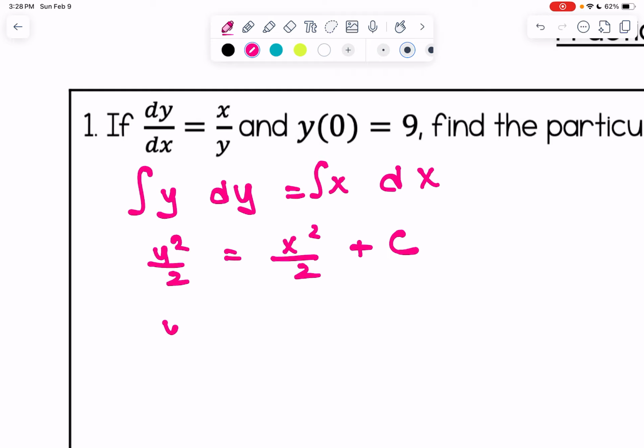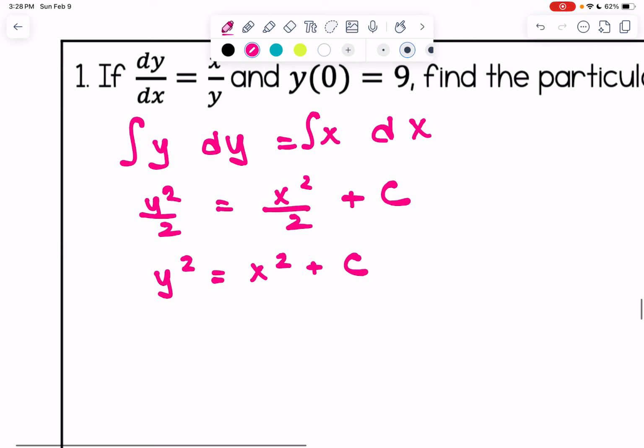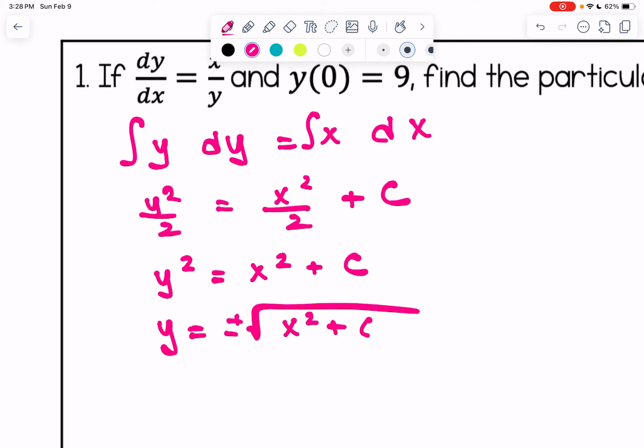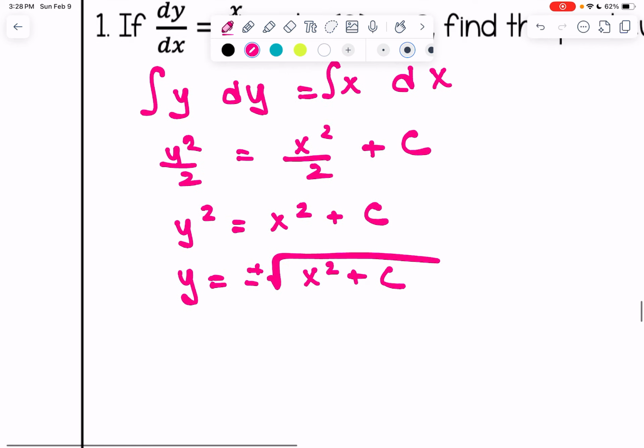So I'm going to multiply everything by 2. We don't multiply c by 2. If we did, we would have 2c, which is not necessarily incorrect, but I'm just going to write c as some unknown constant in its simplest form. c is an unknown constant, and 2c would be an unknown constant, so it's just simpler to work with c, so I'm going to be using that in this video. All right, and then we would take the square root. So we would square root both sides, put plus or minus square root of x squared plus c. Once we have the general solution, so this would be our general solution,